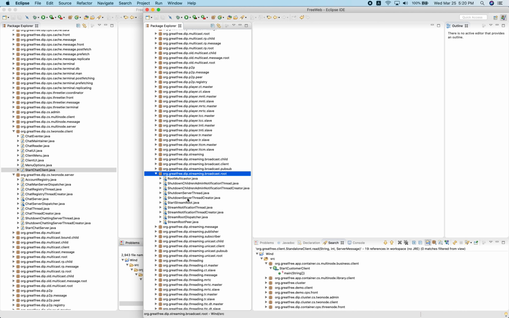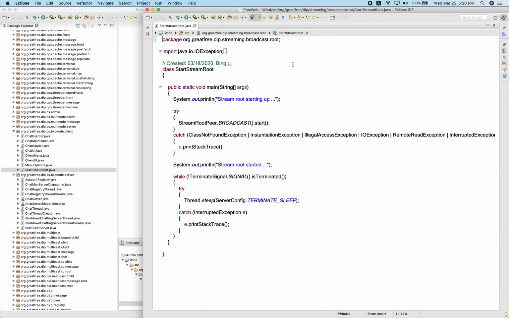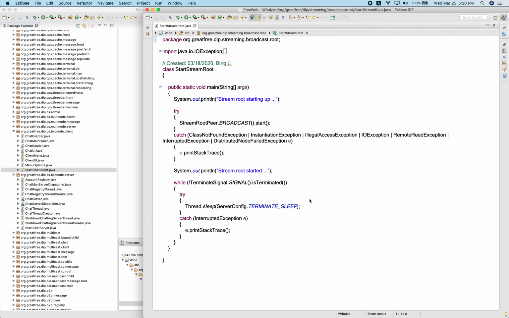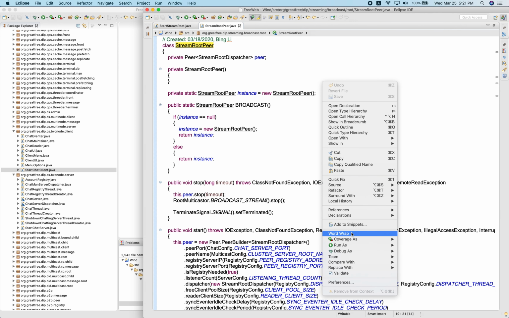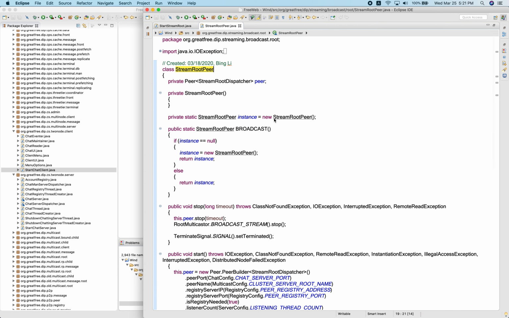Okay, let us take a look at this code. Okay, this is the starting point. For all the distributed systems in my system, if you're using GridFree to program your system, the starting point is the same. So we can skip this code. Keep going. Okay, peer. You are familiar with peer, right? Because now we need to